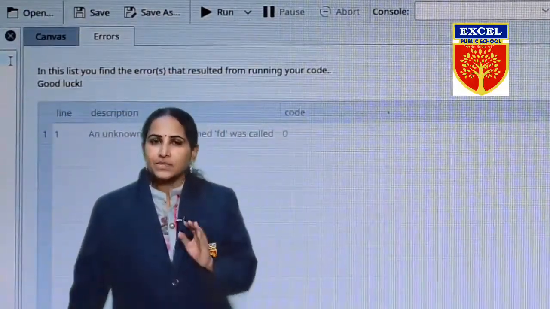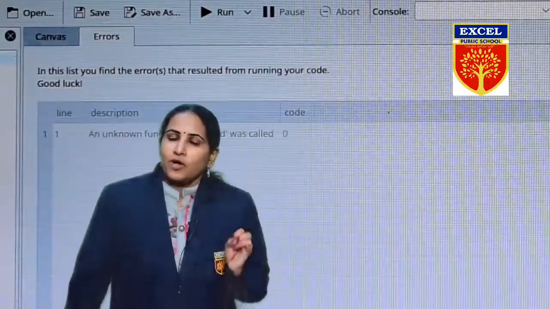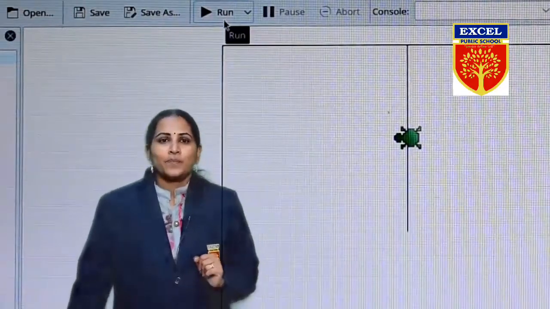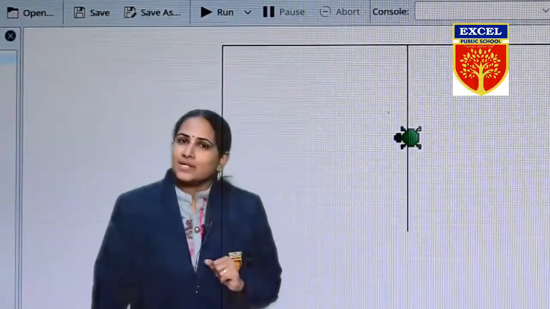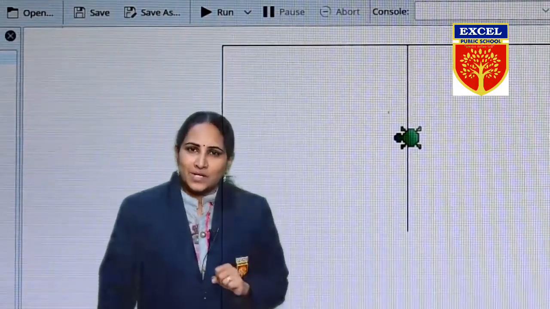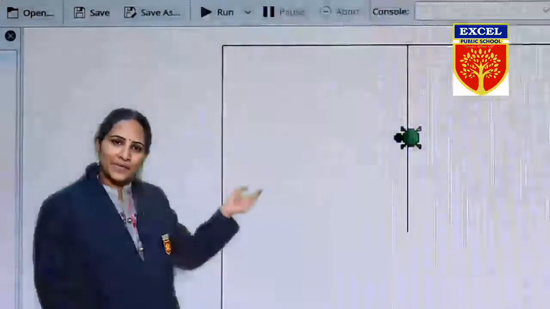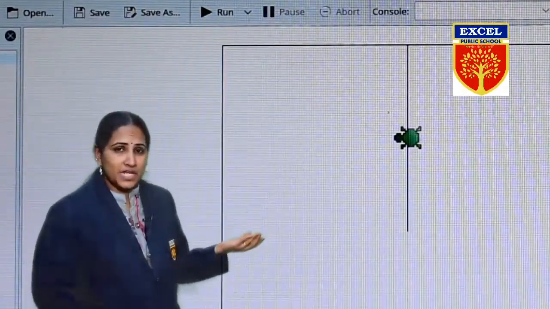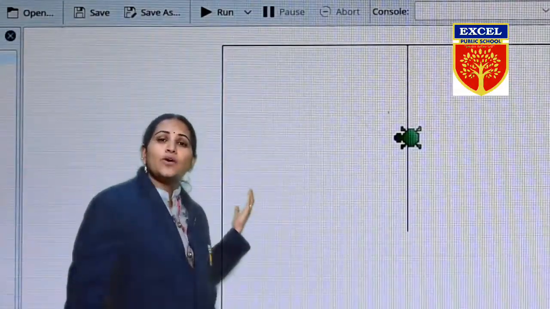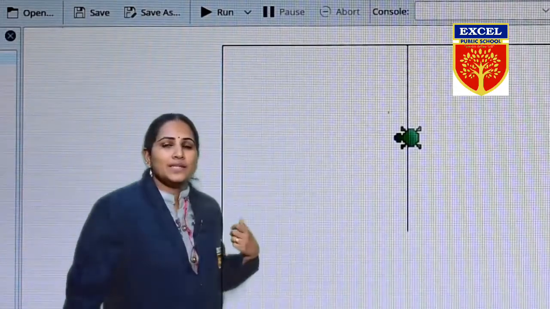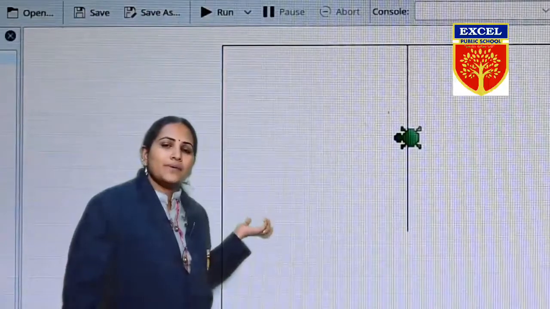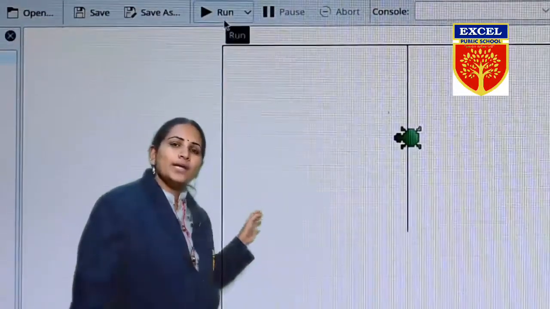Okay. So this is the step for forward, backward, left and right. I hope you all enjoyed this class, right? Is it enjoyable? You can move the turtle wherever you want. You can make different types of shapes or different things you want to do. Everything you can do with the help of KTurtle. You can do the geometrical things here. You can do your mathematics here. All these things are done here with the help of the KTurtle program.